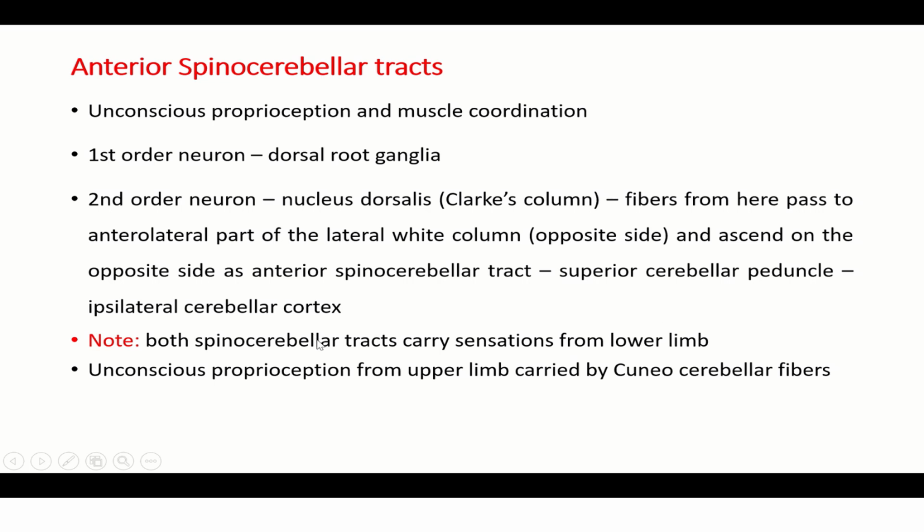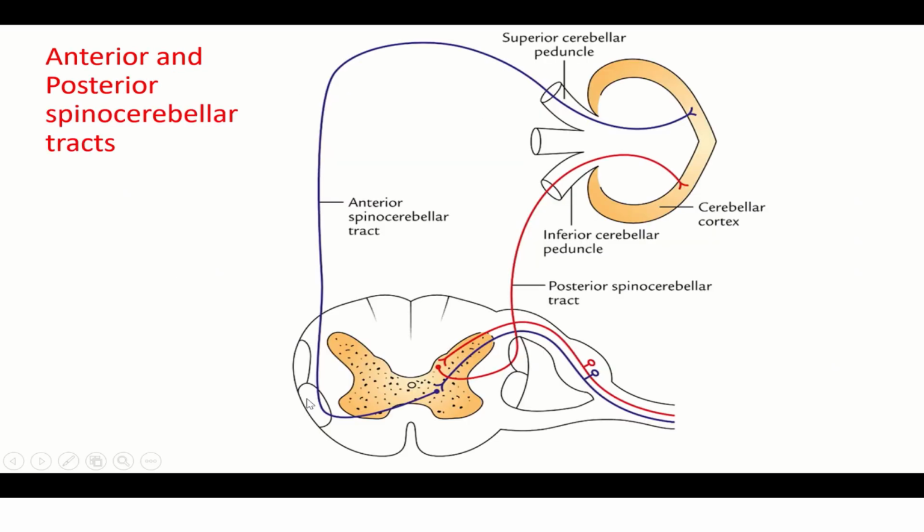Then who is carrying sensations from the upper limb? It is the cuneocerebellar fibers. So there will be the accessory cuneate nucleus in the medulla. So that is concerned with the cuneocerebellar fibers, which carry unconscious proprioception from the upper limb. So now you can see here,